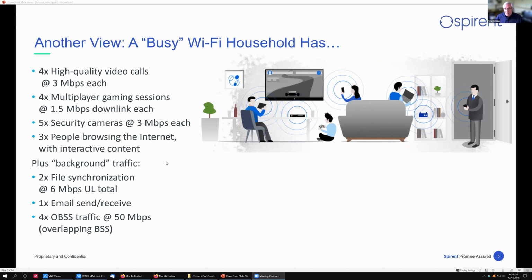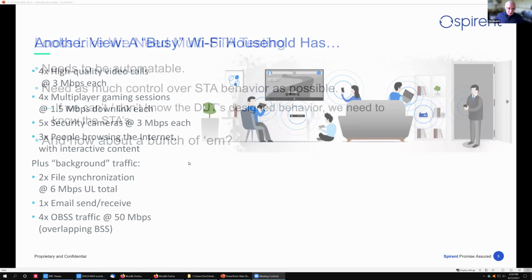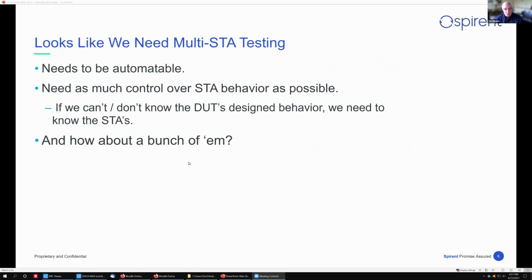So this may be your case, but it's another whack at defining what a Wi-Fi household is today. But the thing in common is that it's basically dealing with multiple devices. So if the world has gone that way, it looks like we better test that way.